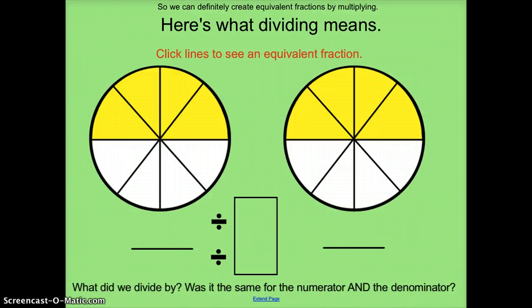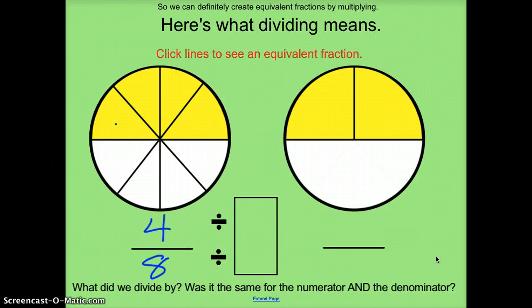Let's take a look at this one. The fraction I'm starting out with is 1, 2, 3, 4 out of 1, 2, 3, 4 plus 4 is 8. 4/8. Think about what lines are not necessary. I know I need to keep this one, but I bet I can get rid of that one and that one. Now, this is not a fraction because this piece is much smaller than this piece. I got to make sure they're all equal. Getting closer to equal, not there yet. Now it looks like I'm there. My fraction now is